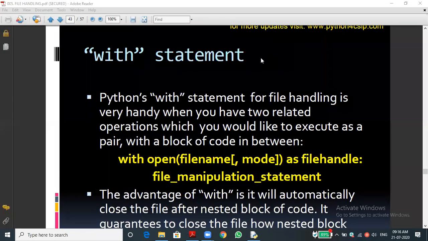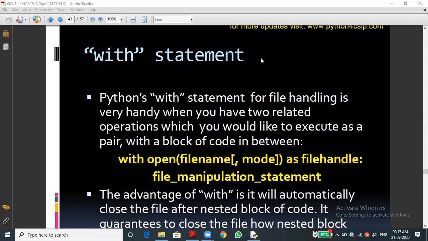For example, if you are writing some data, you know what the close function will do. Yesterday also I asked the same question. The close function implicitly calls the flush function. Then the flush function will force the data to be stored in the file. Then it will close the file afterwards. That we discussed yesterday.